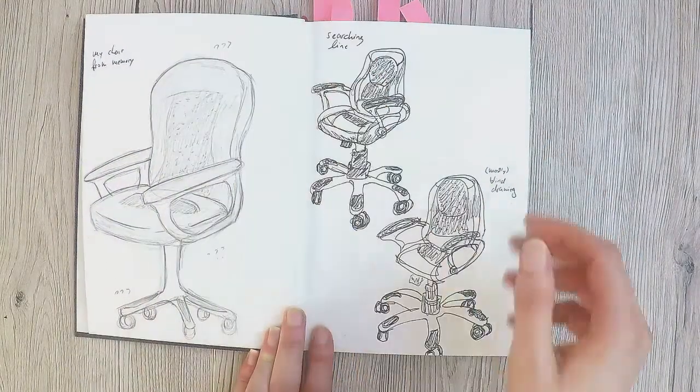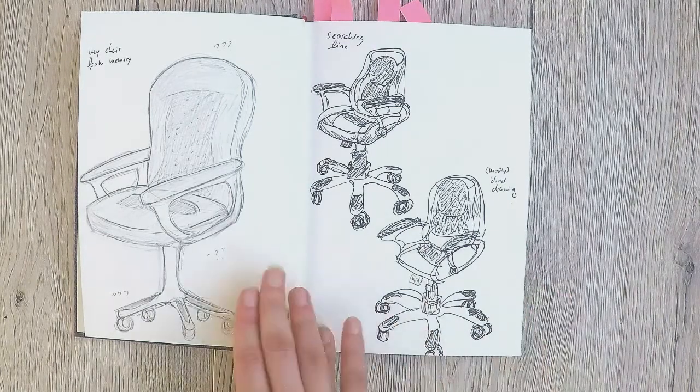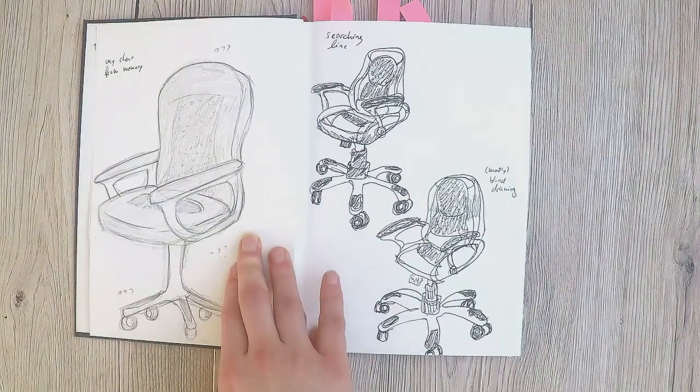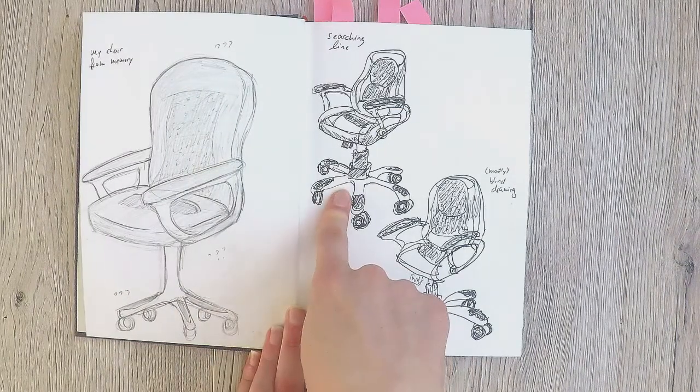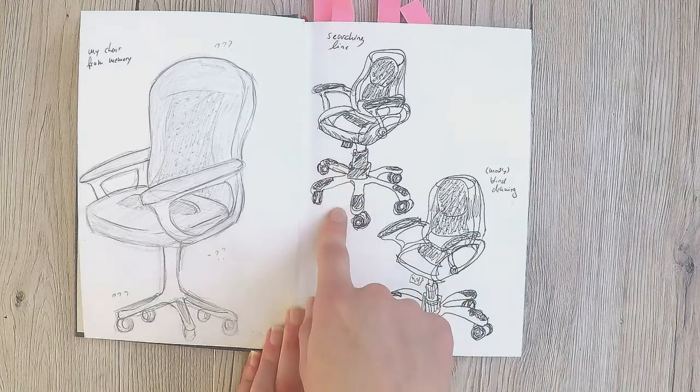Here we were back in the drawing class, where we first had to draw an object, basically the chair we were sitting on, just from memory. Then with a searching line. So basically, look at the...